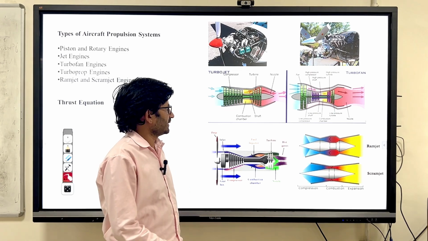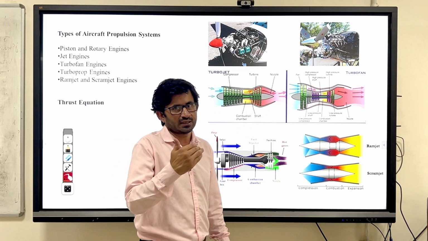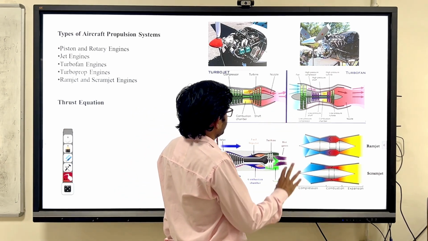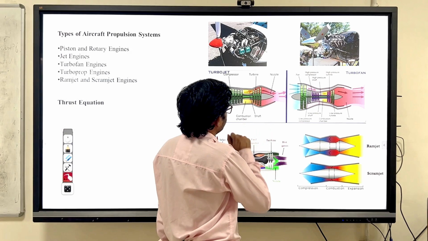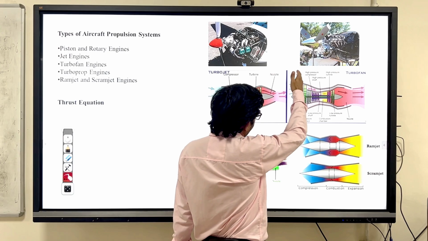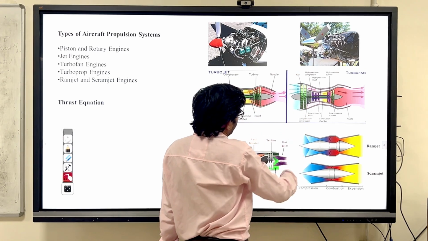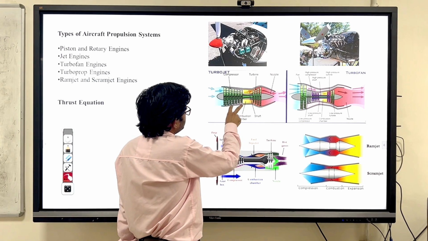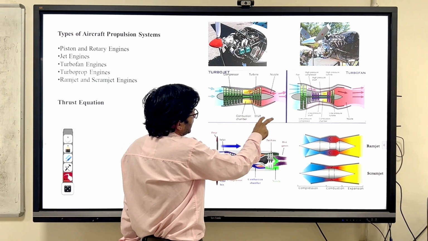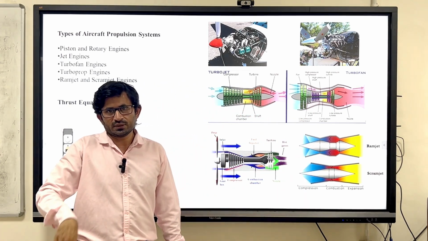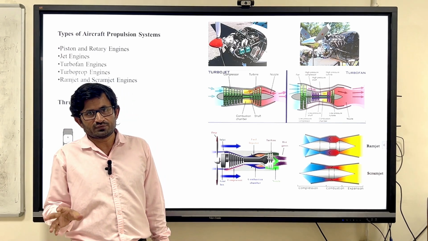So this is how the nozzle is also designed to increase the exhaust speed, right? And this is the turbofan engine. There is a little difference between the turbojet engine and the turbofan engine. After the compressor, you put one big fan, and you get two types of thrust. One is hot thrust, which is similar to the turbojet, and one is cold thrust, where you just bypass the air. Generally, most commercial aircraft use the turbofan